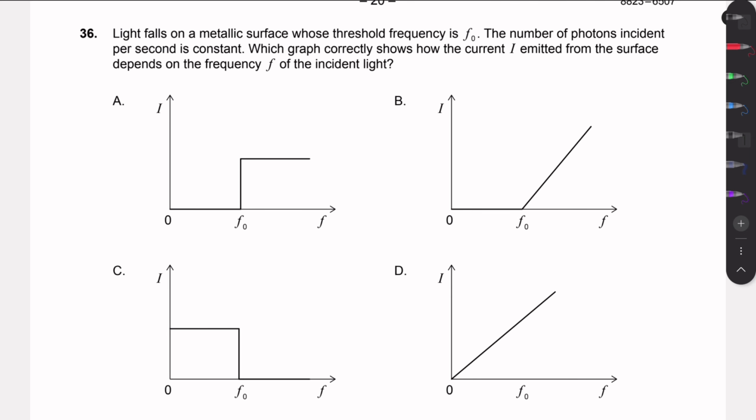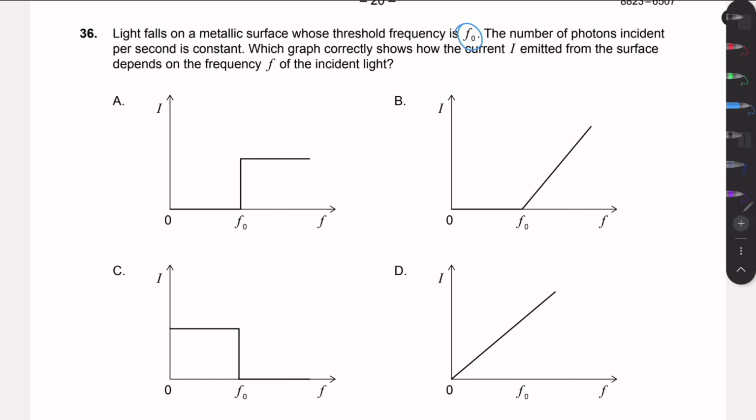So this question 36 is about the photoelectric effect. Here we're told that light falls on a metallic surface whose threshold frequency is f0. The number of photons incident per second is constant. Which graph correctly shows how the current I emitted from the surface depends on the frequency of the incident light? So threshold frequency is just the minimum frequency a photon must have in order to emit an electron from the metallic surface. And it's also important to note that the intensity,